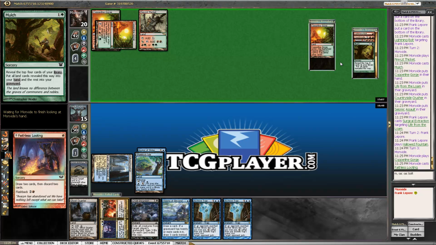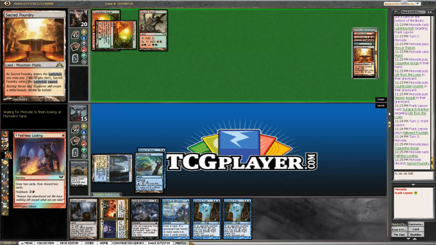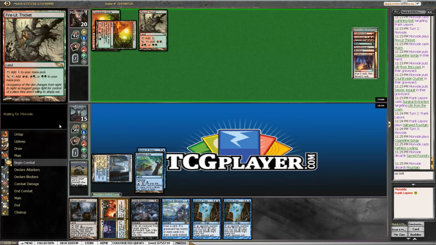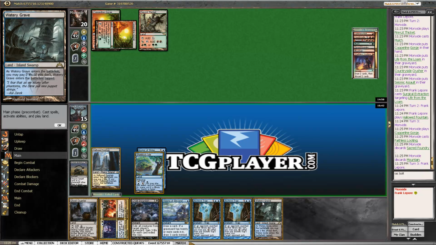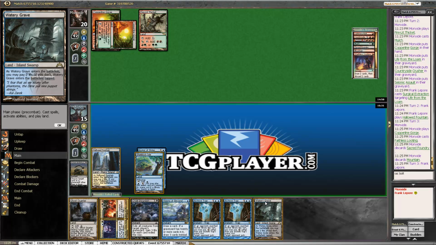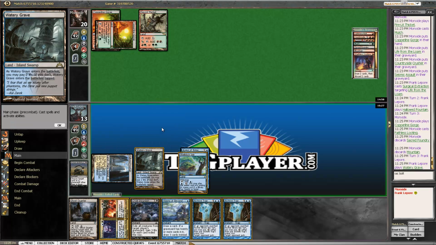Oh, a Faithless Looting, eh? Did you play the Copperline Gorge? Correct. Alright, so you discarded Foundry and Mountain. So I still only have Foundry and Bolt. Ooh, a Watery Grave, eh? See, here's the question. When milling 8 cards right now, I think so. I think that's good. He's only got 4 cards. I know one of them's a Bolt, so we're going to actually...